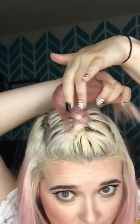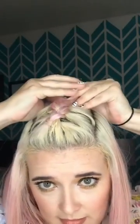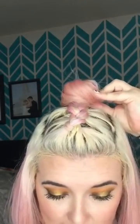Okay, what I like to do is take my hair, pull it back, put my finger around it, and then just twist this around my finger. And then pull my finger out, make sure that it's secure. And I'm gonna look like a freaking cotton candy right now because of my pink hair, but